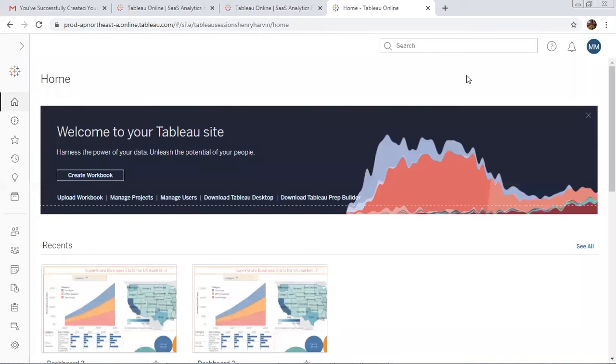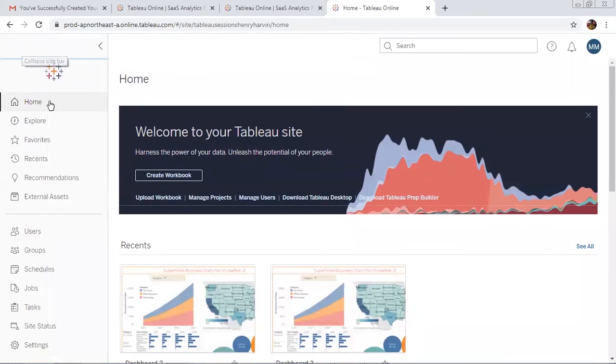you people. So this is how the Tableau Online user interface looks when a registered person logs into Tableau Online. You'll see in a moment. So here is the homepage for my Tableau Online server. If I would like to expand the sidebar, this is the homepage where it asks me if I would like to create a new workbook, upload one, manage the products. If I have to manage the users, means I have to add more users to my Tableau Online server,